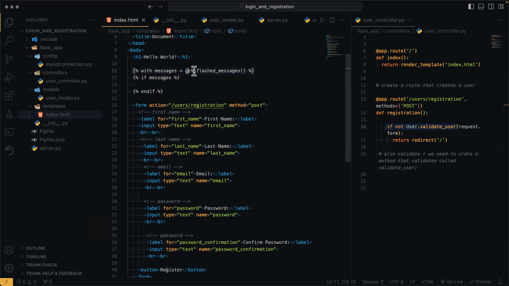I am assigning this function called get flash messages to this variable messages. This is just a shorthand way to write if there are messages in the get flash messages function. So, establishing a variable and then going ahead to say